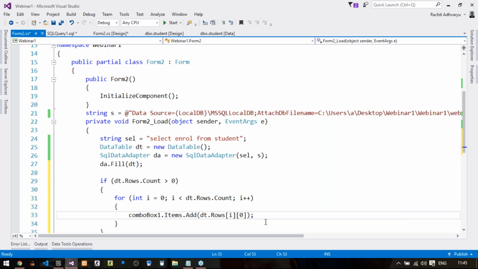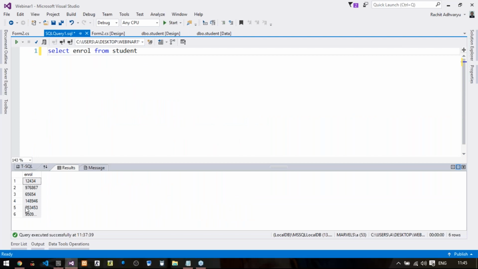So dt.Rows[i][0]. This is how it will work. i equals 0, so it will move to this 0th index. And then what we have said is 0th column. So 0th row and 0th column value, add it in your combo box 1.